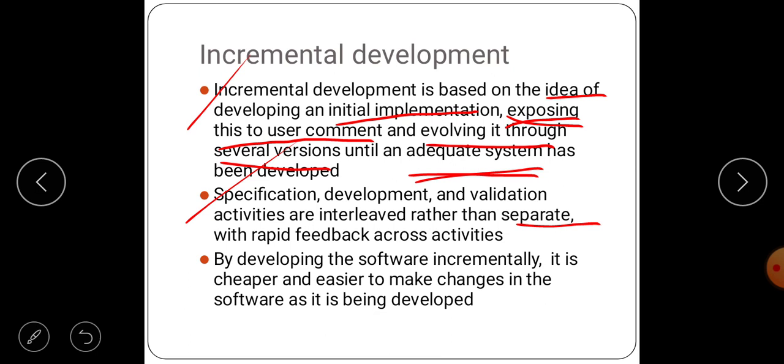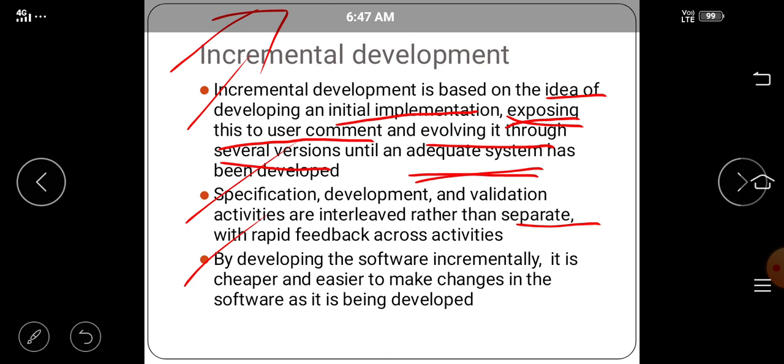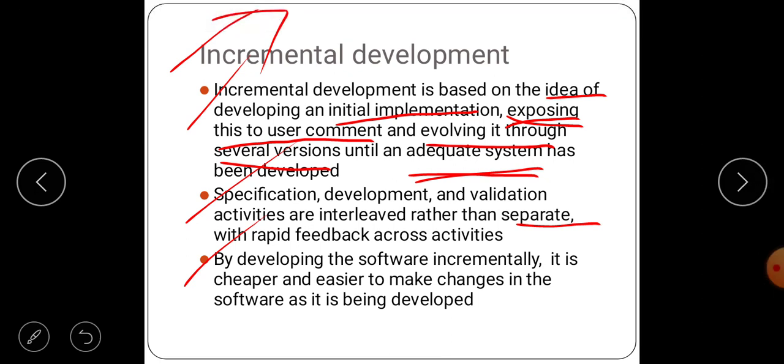Next, by developing the software incrementally, it is cheaper and easier to make changes in the software as it is being developed.